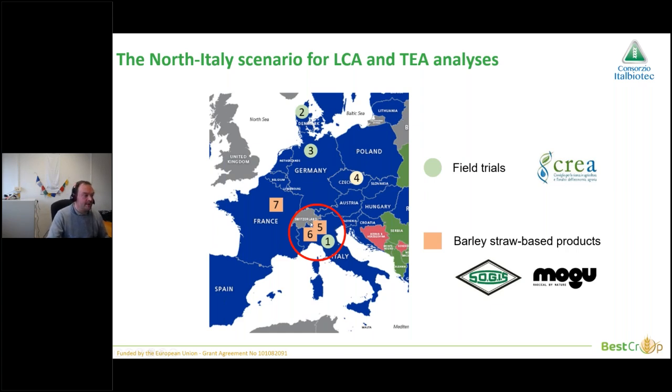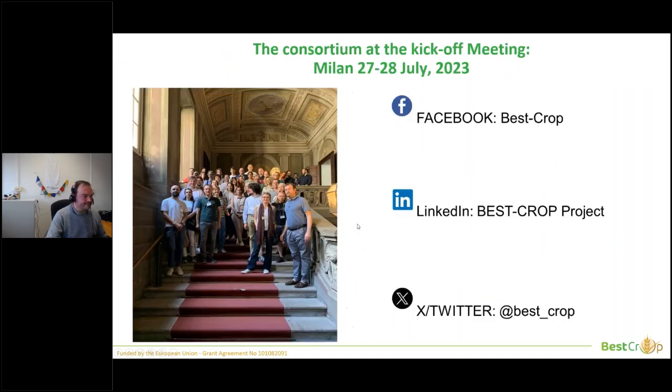Let's say this approach, in order to be sustainable, needs a scenario like this, where you produce the straw in a certain place and, not far away from it, actually very close to it, you transform the straw into those products. This is actually our main aim, and these are us at our kickoff meeting here in Milan that we had